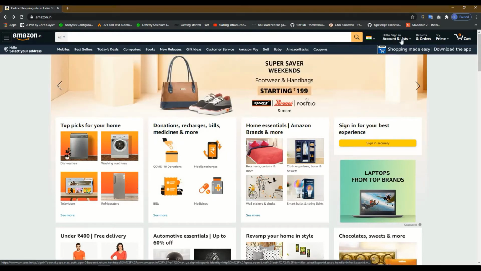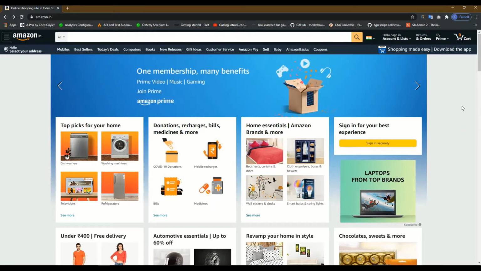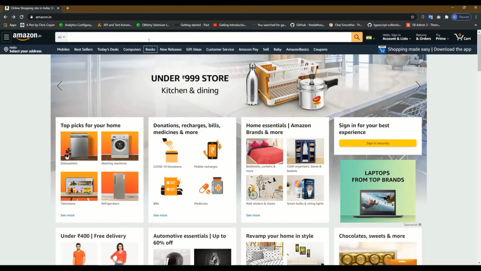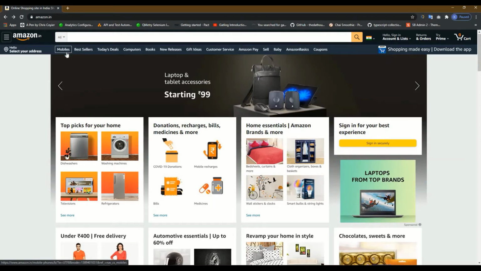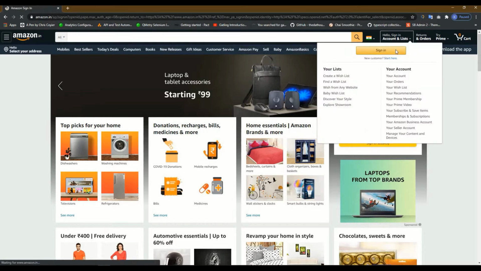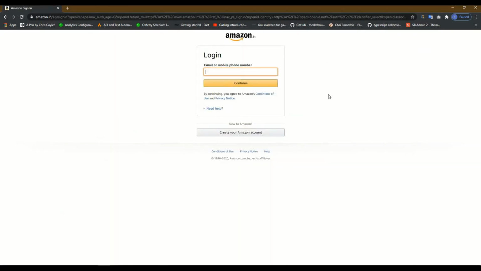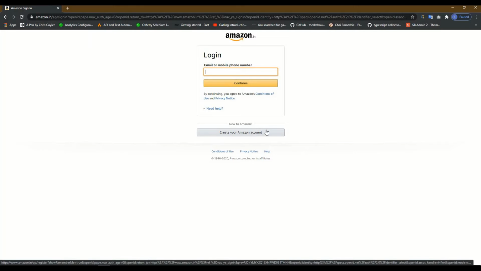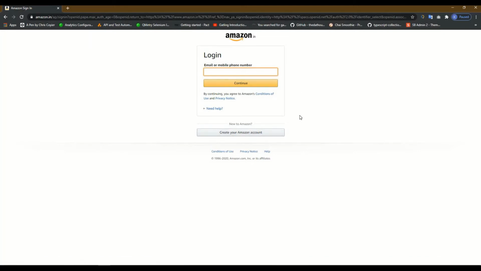As we know, the home page and login page are two different pages, right? There are many things present on the home page. You can see that we have this section to select some items, we have this section to search, and we have this section for different items which we can directly navigate to. Like if I want to open mobiles, I can just click here. Similarly, the login page in itself has different components, like there is an input box, then a continue button, and another button which says create your account. So there are multiple things and multiple flows present on both the pages.